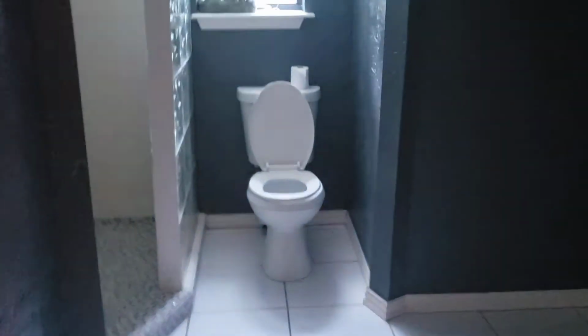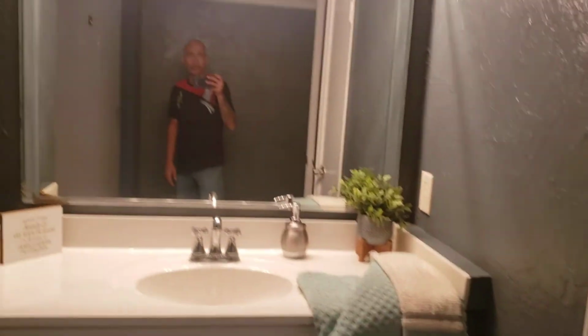You got a nice looking bathroom. It's actually not that bad in here. I mean, the paint color is not that great. I hate the glass, but you got a pretty decent shower. Would have been nice if they would have put another shower head there. It's actually on the opposite side there. But anyways,